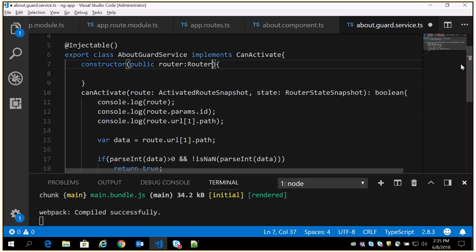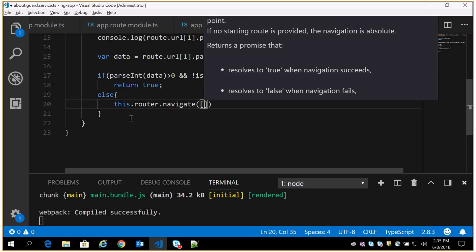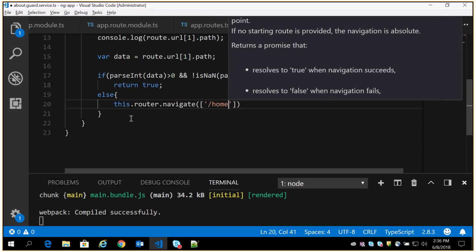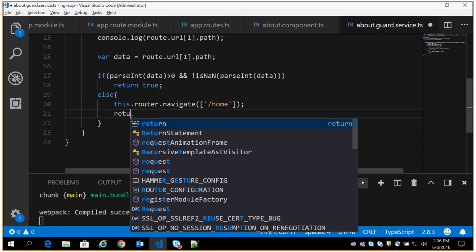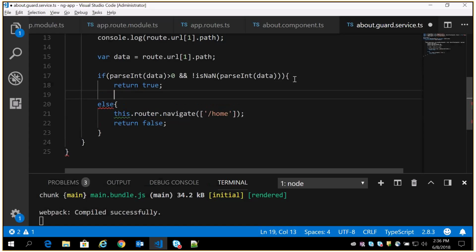So I can access that by saying this.router.navigate to the home page, or to the home route, and also return false. Okay, it doesn't look good if I provide this. And even we'll go one more level.